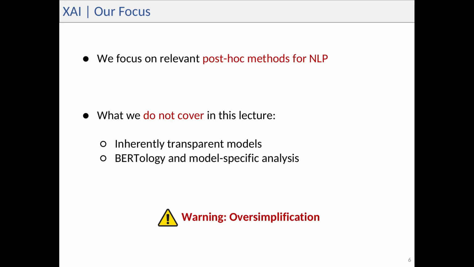And as for the previous lecture, a warning that a lot of the things that we will say here are oversimplified just because of the amount of things that we have to cover in just one lecture. All right, so